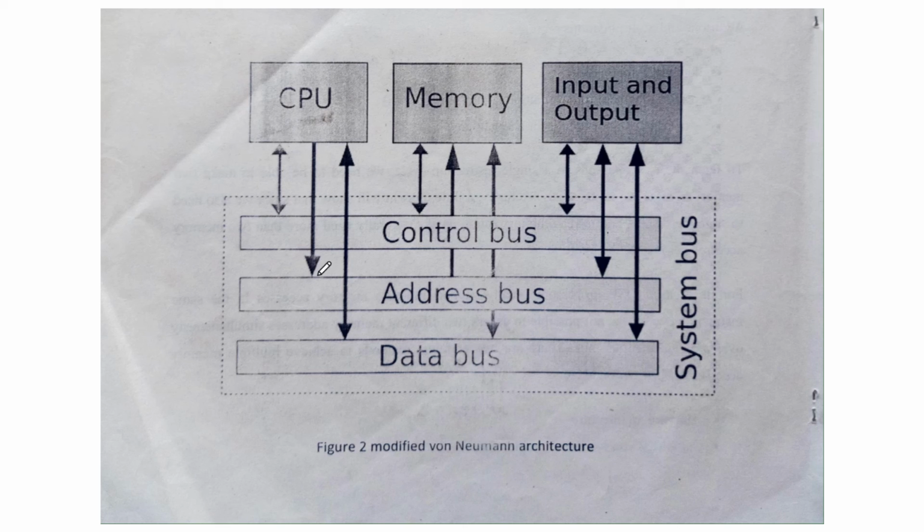Always there is a convention that the address bus is unidirectional, because the CPU will address the memory, because memory is not intelligent enough to address itself. So it is the duty of the CPU to address this memory. That's why the address bus is unidirectional. Whereas for the data bus, data is required as input to the CPU and also as output of the CPU. That's why the data bus is bidirectional.